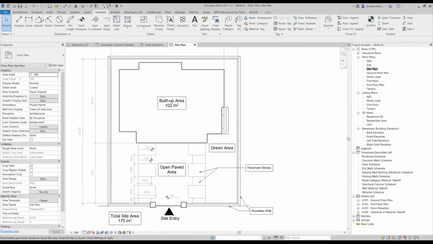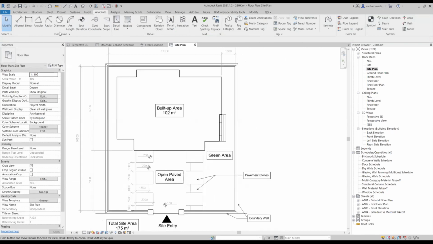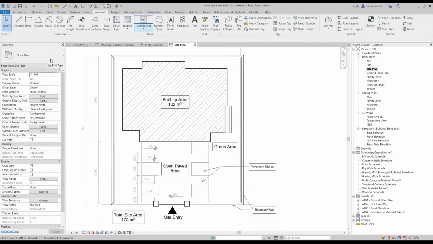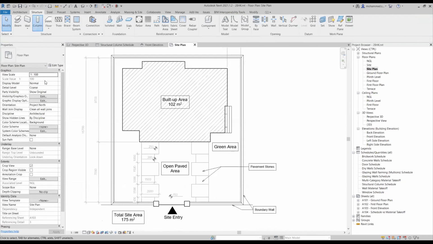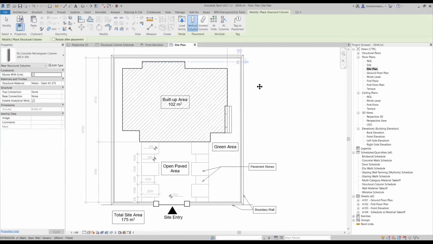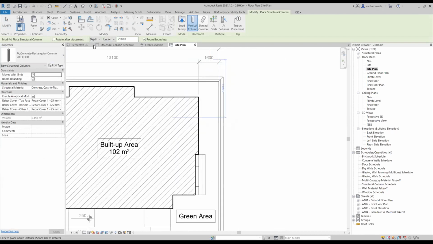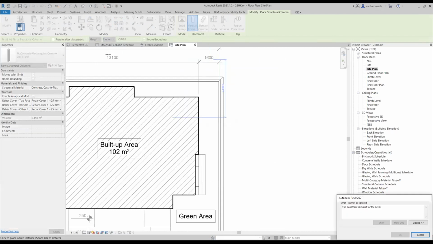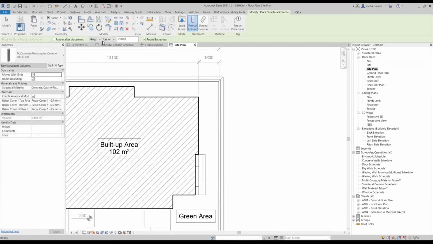So now I'll create another column, for example, just to give you an overview, and I'm adding one of its size, let's say a 200 by 300 column. I'm starting it from NGL and going up to, let's say, the terrace, right?